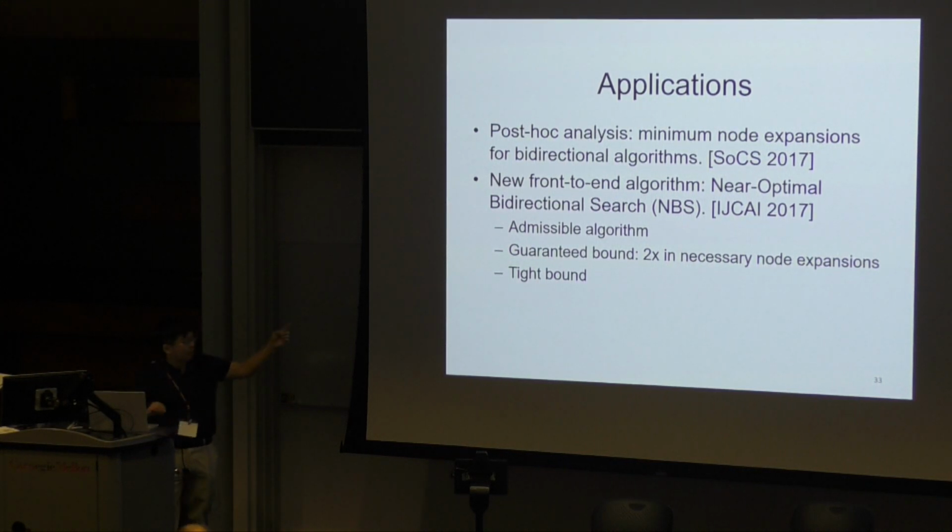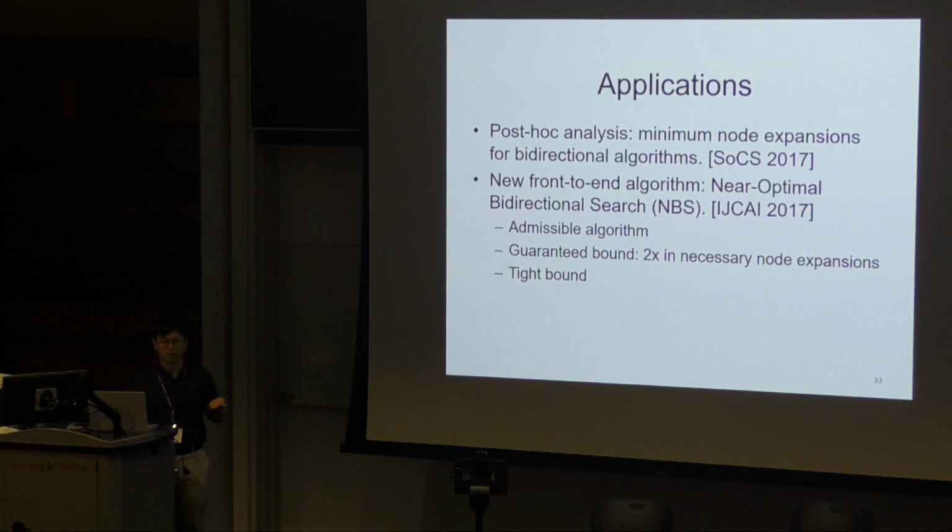Actually, I come back to these slides. We have a new algorithm, MBS. We know that if there is no heuristic, then A star can be exponentially worse than bidirectional brute force search. But when you have a good heuristic, bidirectional search can be many times worse than A star unidirectional search. But what's good about MBS is that for any given heuristic, it's always going to be no more than twice worse than any other algorithm. So it's the first algorithm that has a guaranteed bound